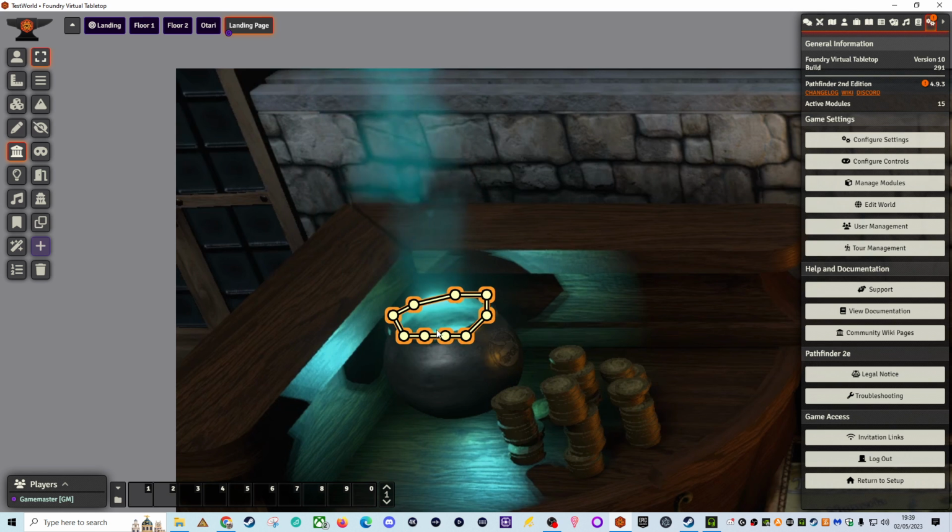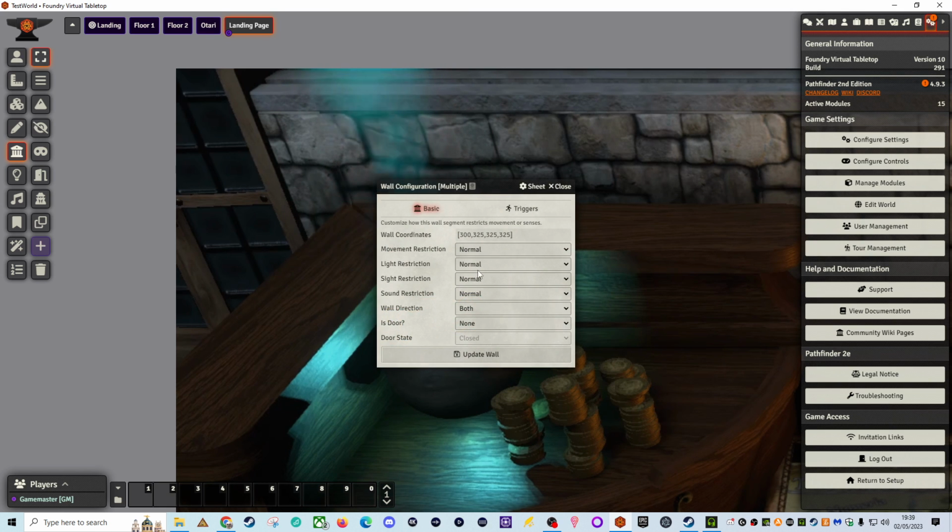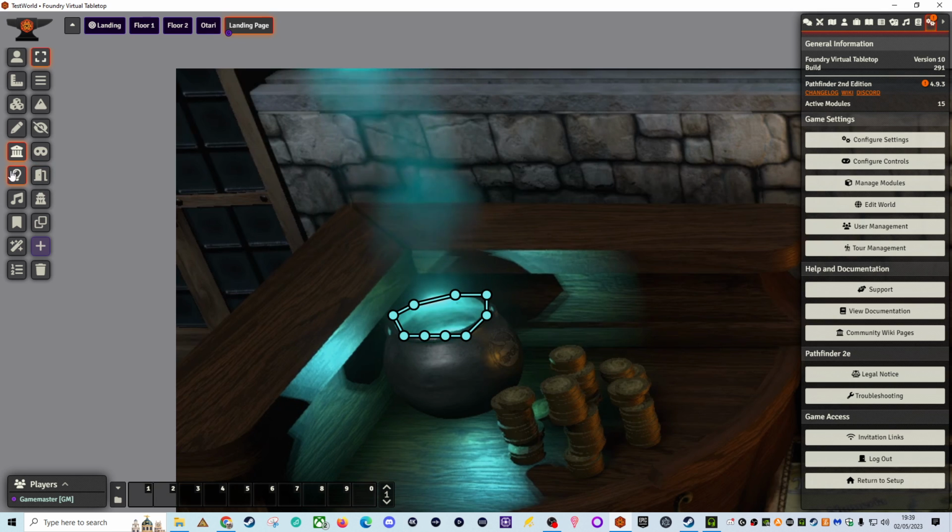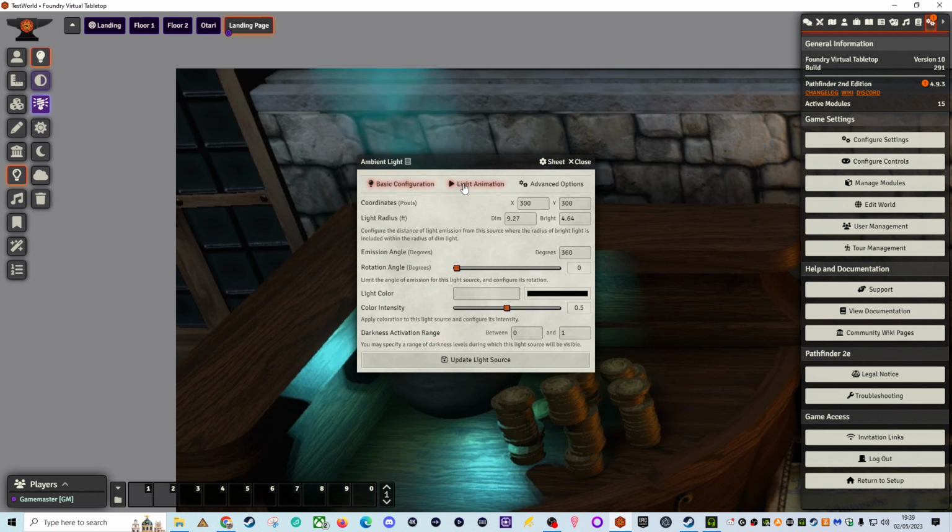Now if I select all of these, double click on any one of them, we'll change light restriction normal, sight restriction none, movement none. No one's going to be moving, but if they put their tokens on here, update that. Now any light we put in here will be confined within there,